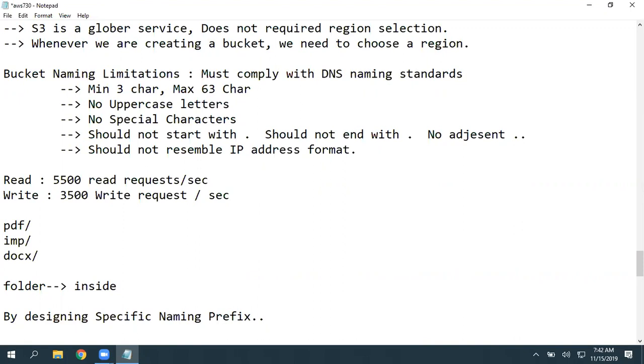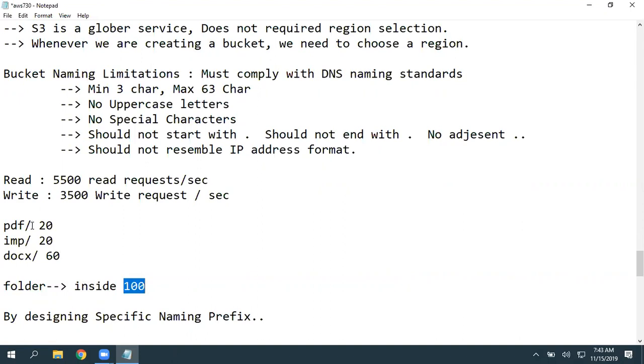Now, I need a document. What search query am I running? It must run on top of all documents, right? But here, let's assume a total of 100 files. Out of that, only 20 PDFs, 20 images, remaining 60 documents. Now I need a PDF. So if I have 100 files inside a folder, if I run a search query, it is going to run on all the 100 documents.